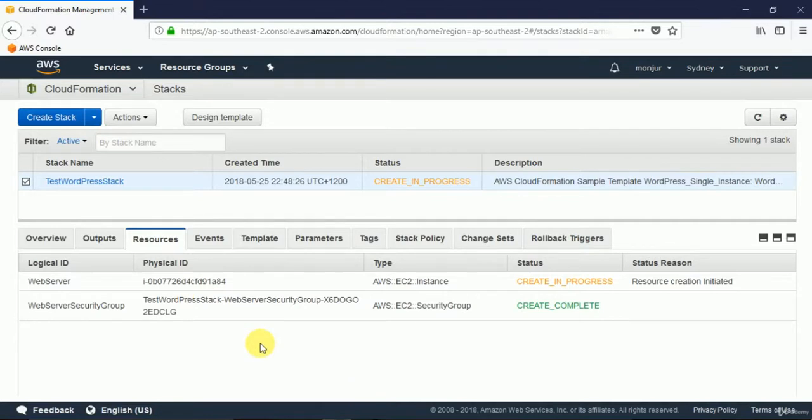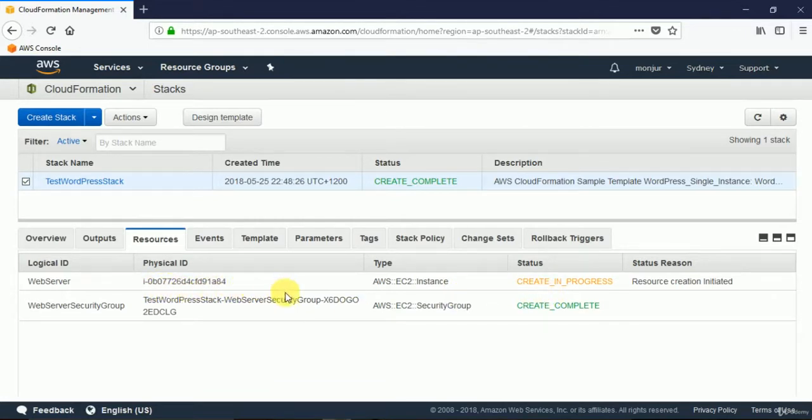Resources, in this stack we are creating a WordPress website, and for that we need the resources. And we have seen in our EC2 tutorial that when we create an instance, we specify the security group. We have seen that we used a key pair. We mentioned that key pair, and here you will see all the resources that we will use for this stack. In this case, the creation of a web server security group. The security group is complete, and the web server instance creation is in progress,